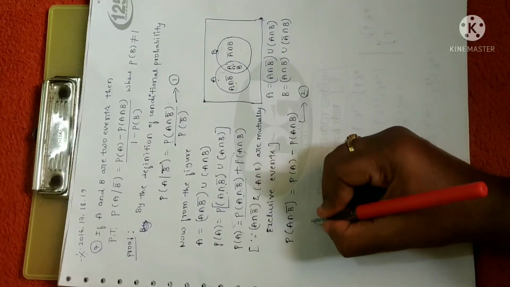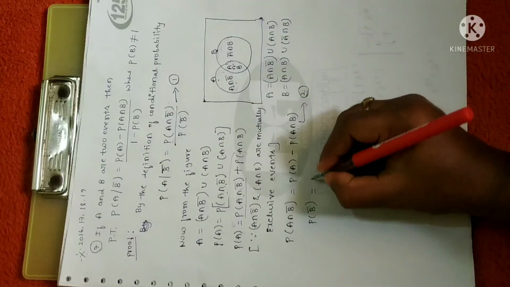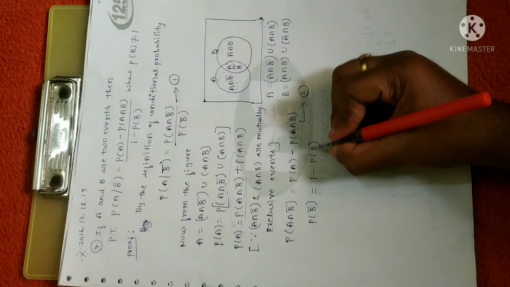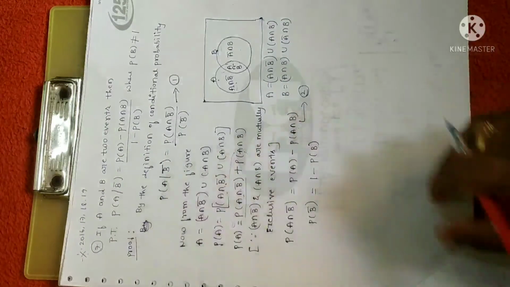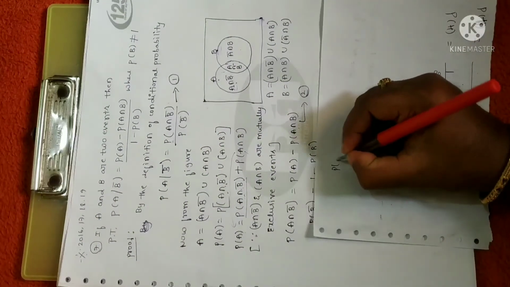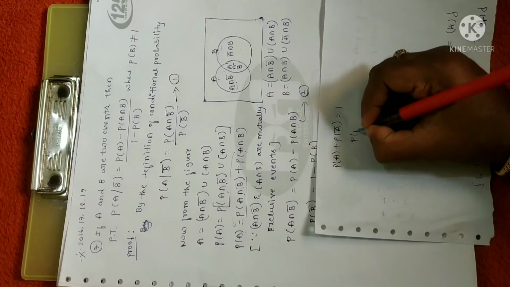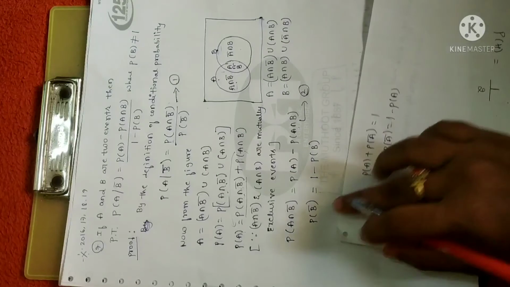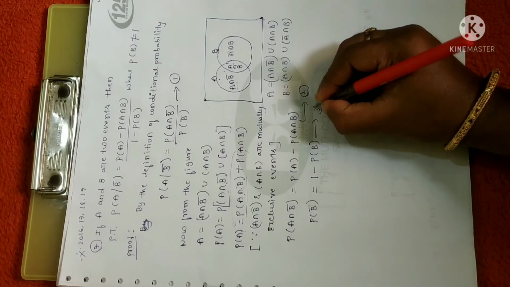And we already know that we need the value of P of B bar for the denominator, right? So P of B bar is 1 minus P of B, as given from the definition of complement events. Whenever you have an event A, we can write P of A plus P of A bar is equal to 1. So whenever you need the value of P of A bar, you can write 1 minus P of A. From that I have written P of B bar as 1 minus P of B. Let me take this as equation 3.